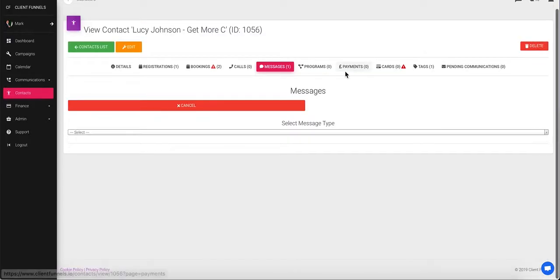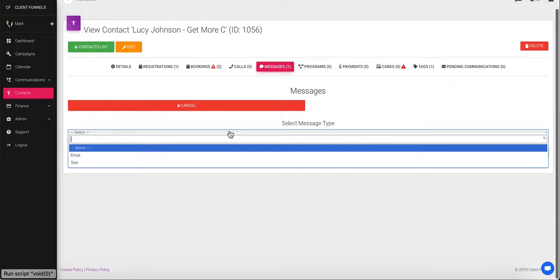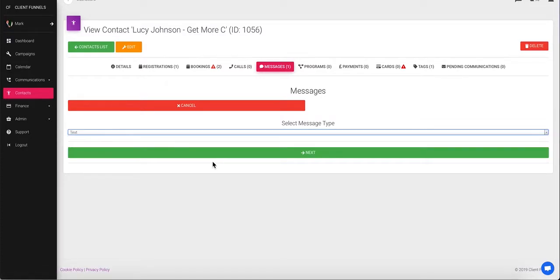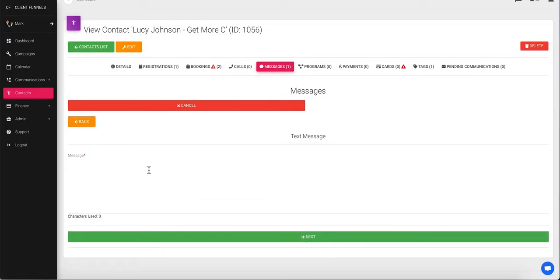Now, if I wanted to do an SMS, the same rules apply. I literally click here, text, click next. I type in my message. Okay, now I can't actually send an attachment as a text message, so if you wanted to send them